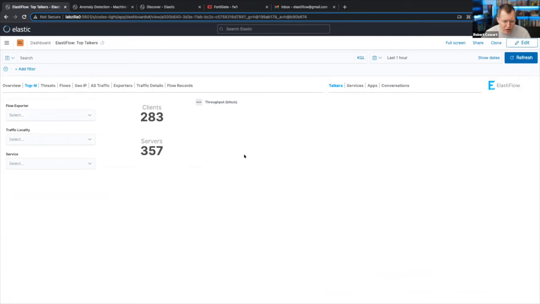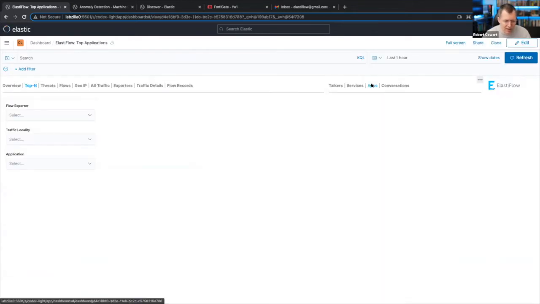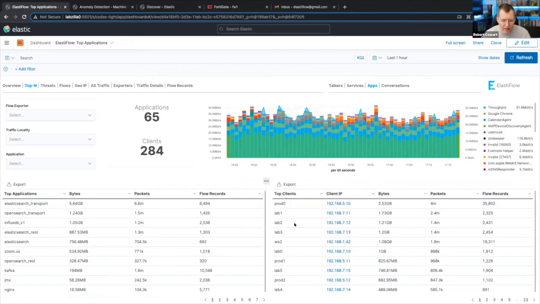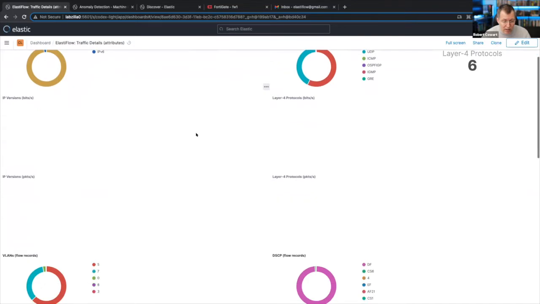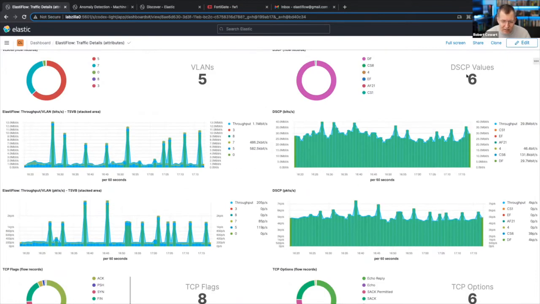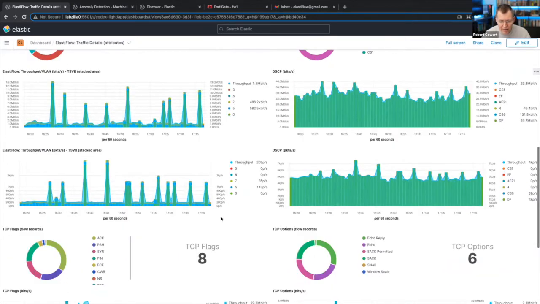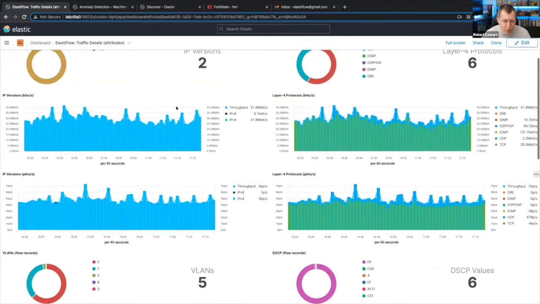Typical things on flow data are looking at top in, where we want to see top clients or servers, or other perspectives like what are some of the top applications in the environment that allow us to break down the traffic based on various categories. Assuming that the flow data actually provides it, you could even get information about VLANs, class of service like DSCP values here, even TCP flags, TCP options that might be set on any of the traffic, as well as